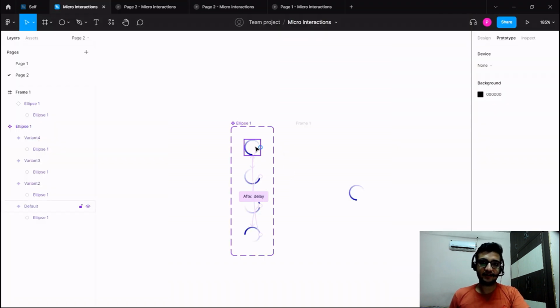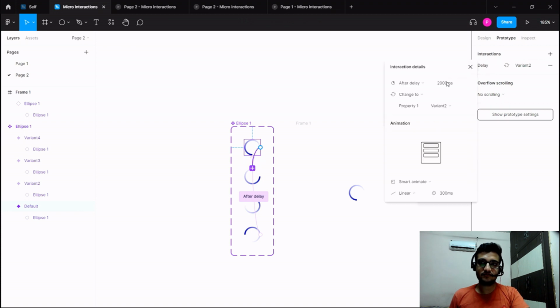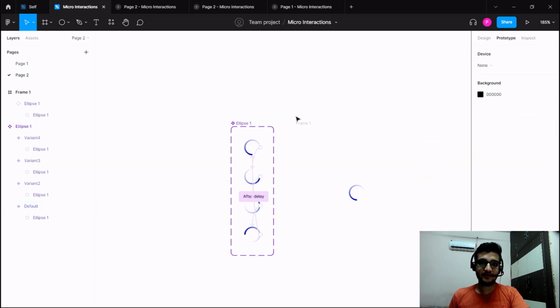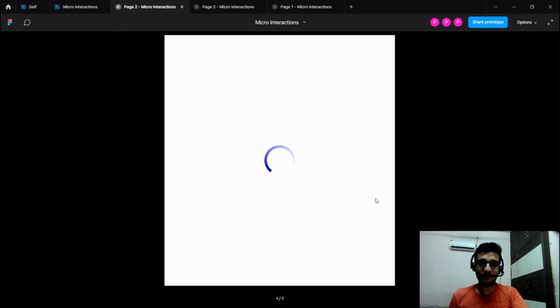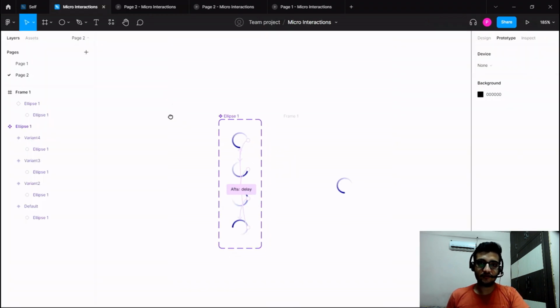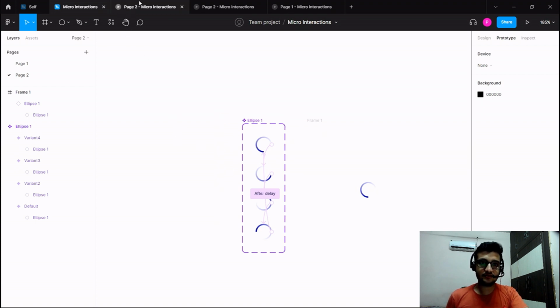So this thing we have to avoid. That's why we have used 1 millisecond. Without any delay, it should have a 300 millisecond motion and again be followed by that. So I hope it's clear now. As you can see now we have a smooth motion. So next, what we are going to create is, as I showed,